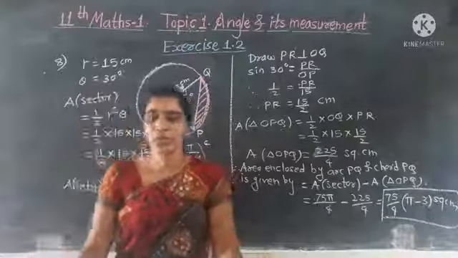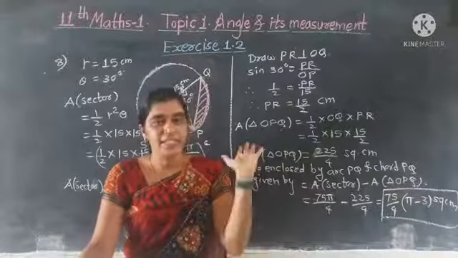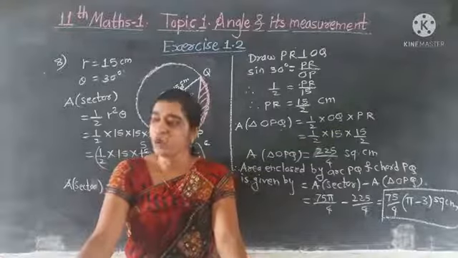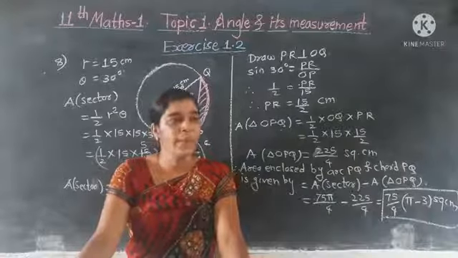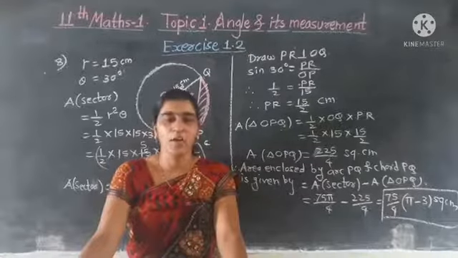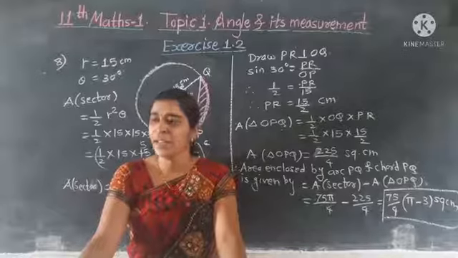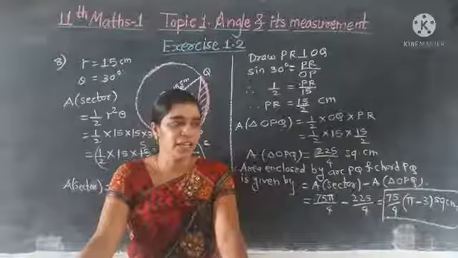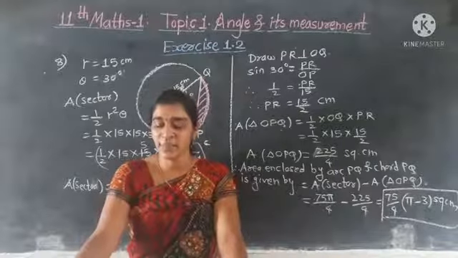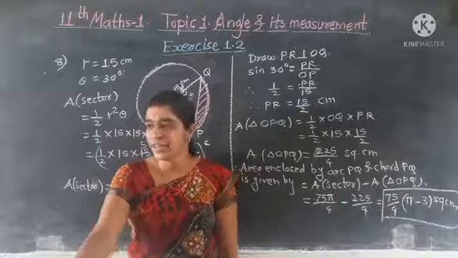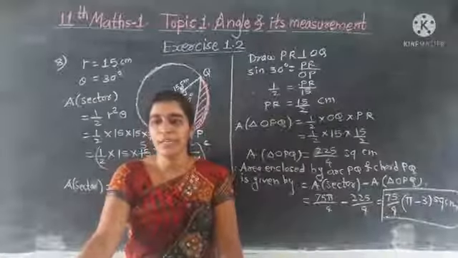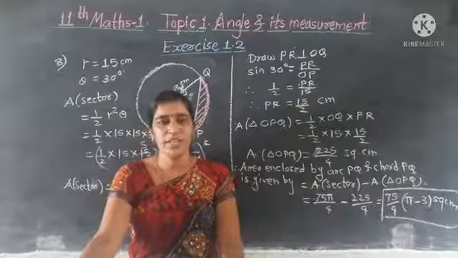Okay, so students, here we completed exercise 1.2. Today we had seen what is the arc length of the sector. Arc length we denote by capital letter S. S is equal to r theta. And area of sector we denote by capital letter A, 1 upon 2 r square theta. Okay, here this exercise is completed and this topic is also completed. Your today's homework is solve this exercise 1.2 completely in your notebook. It is very easy topic.